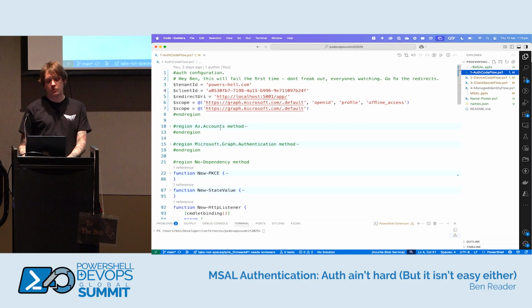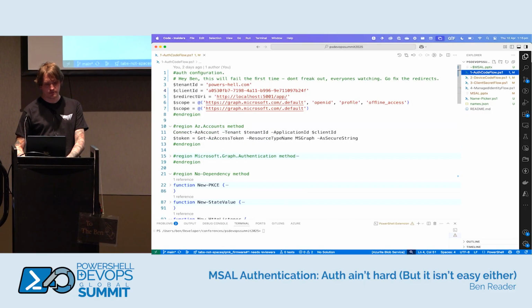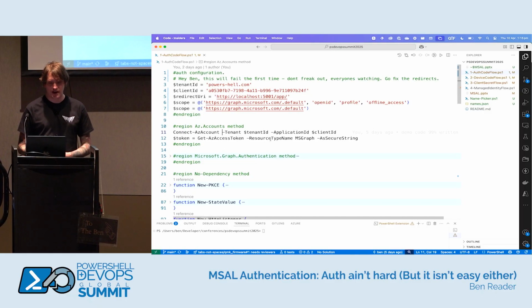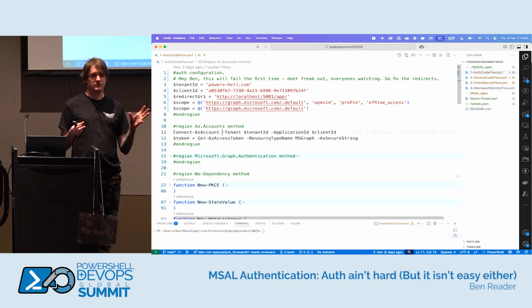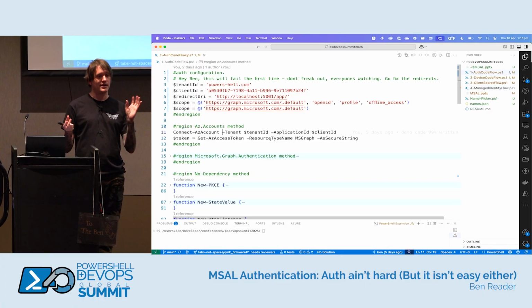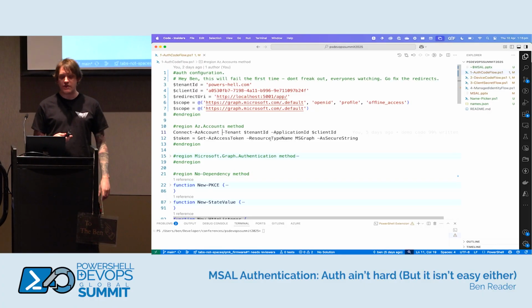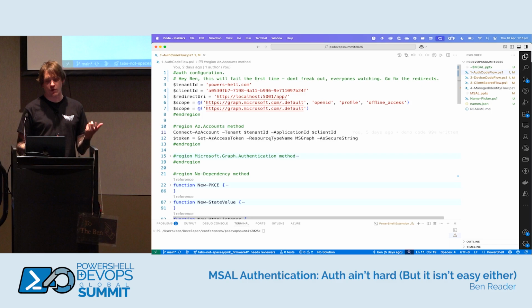If you were to request a token to do work in Az accounts, it's very, very simple. Connect-AzAccount, tenant, application ID. That gets you into Azure. So essentially your identity is there. And then you're going to swap that identity out for a Graph token. So essentially you're rescoping what that token is that you have. So Get-AzAccessToken, resource type name, MS Graph, changes simply the scope to the thing we're looking at here,